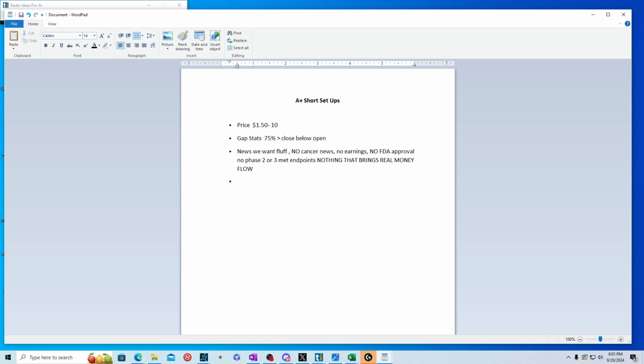Okay. Next, you guys, we have ideally dilution. You want the stock to be a dilution thing. Check the filings. You want them to have a low cash position, a need for cash, and a high burn rate. That means they only have $2 million and they're burning $500,000 or $1 million a month, right? Or you just want them to be really running out of money, so they're going to need to dilute if they have open S3s. And remember, guys,